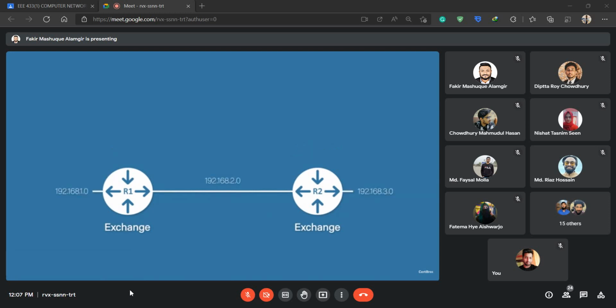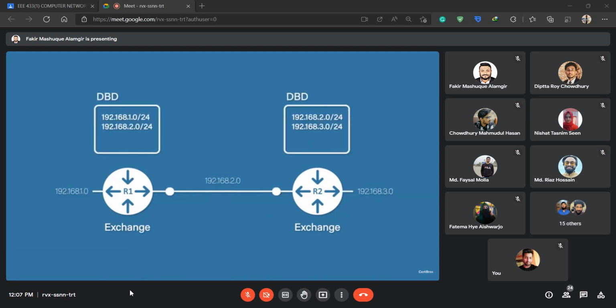Both routers send each other a list of their LSAs. This is called a database description, or DBD. Now on to the loading state. Each router will look over the DBD and request any information it doesn't already have. The reason it does this is to prevent loops by requiring the routers to request the information rather than just firing out updates. So, as an example, router 1 sees that router 2 has the LSA for